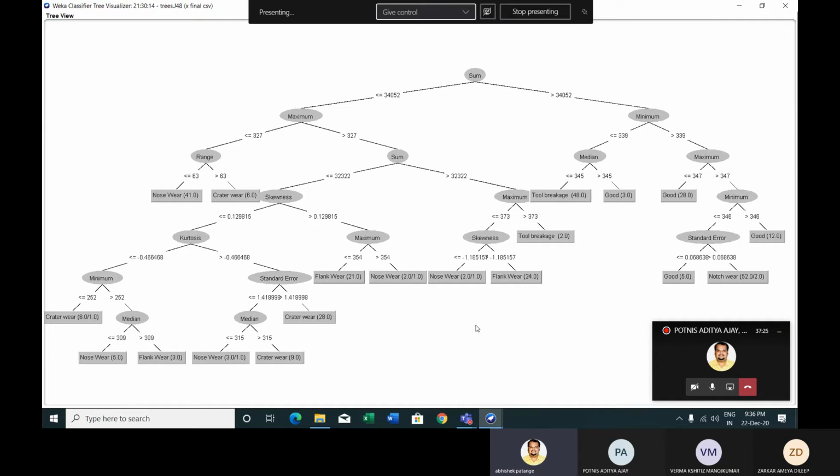So obviously the vibration evolved during such phases of flank wear will be different. So it may happen that if you train your model for high flank wear and your tool is leading to initial flank wear, then it may classify it as good condition itself, because those vibration signatures have not been seen by your model.